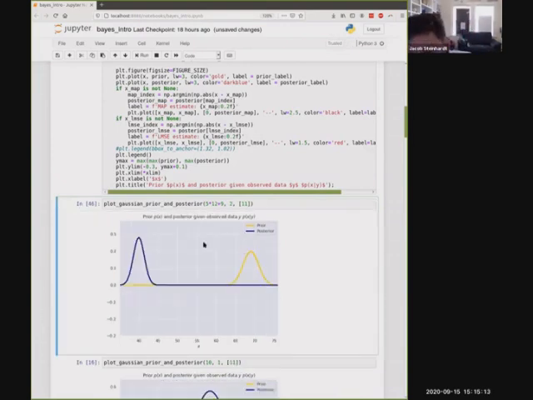Okay, so what happened? My prior was sitting around 69 inches, this yellow thing, which is 5'9", and it has a decent amount of uncertainty. My posterior says 40 inches. Why does it say 40 inches? Oh, because I had one observation, and my one observation was someone who is 11 inches tall. So that's probably not a good